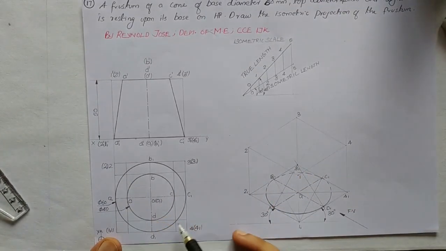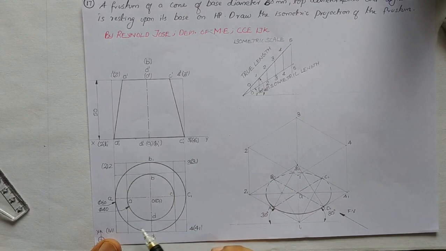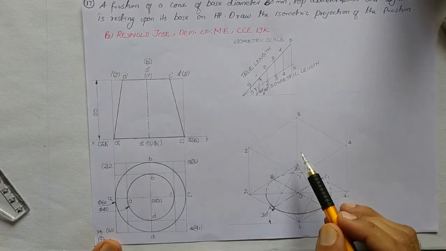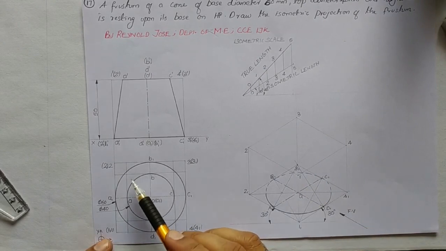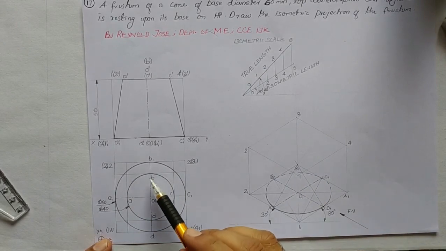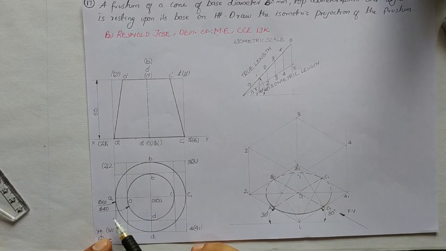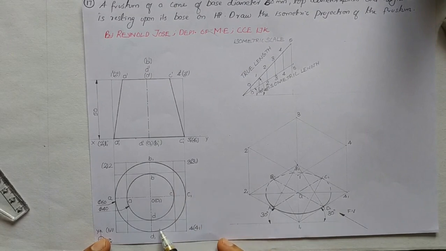So here we are having a smaller square. Let us draw this smaller square onto the right hand side. If you notice, the smaller square in which this circle is placed is of side length 40 mm. So this length is 40 mm. All the 4 sides are 40 mm.